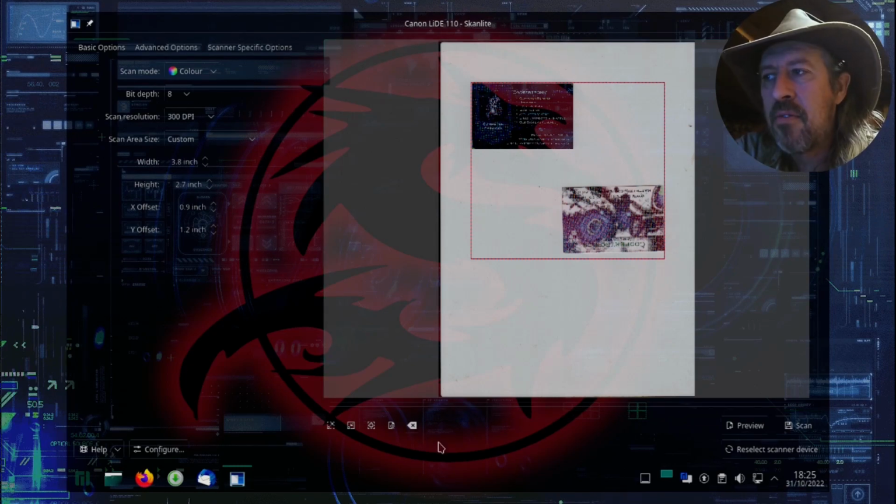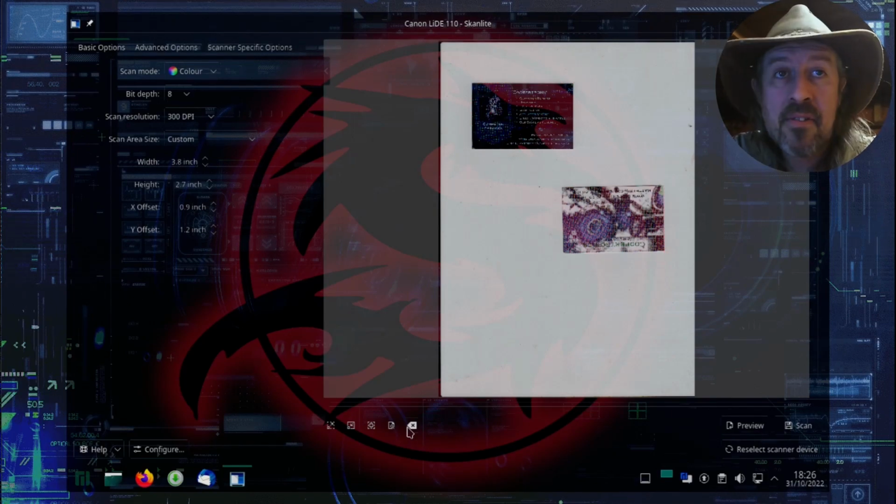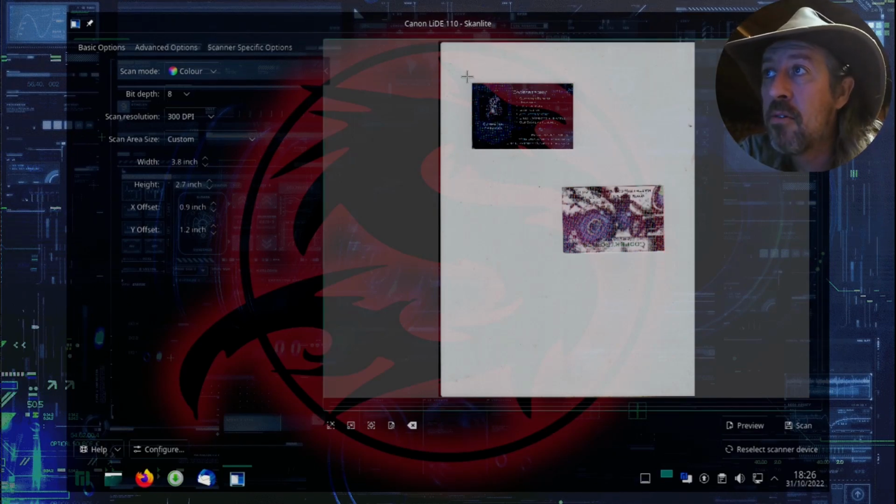So let's get rid of them. We have a little button down here at the bottom of the preview pane. This here is the preview pane, this big white area, right? And this is the clear sections button. Now click on it once, left click with the mouse, and then let's draw a box around the area